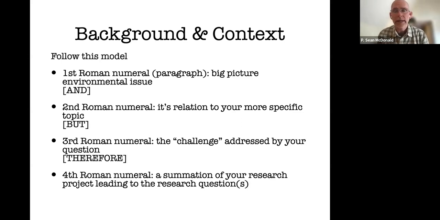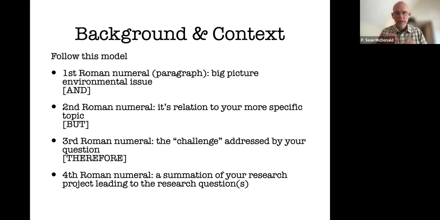So what that might look like, if I was say doing a topic on, I'll just choose an example from a previous capstone. Let's just say environmental education is the general topic, and we're focusing on outdoor ed, and in particular, the impact of weather conditions on learning. So the impact of conditions on learning. So it might be something to the effect of the big picture issue is